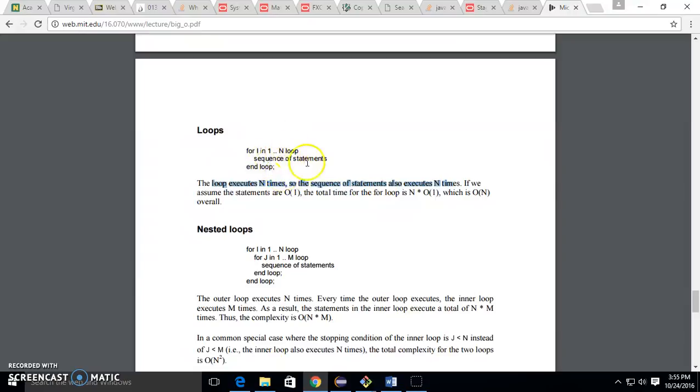We have to look at the statements. If it's a simple operation like an assignment, it's going to be big O of 1. The total time for the for loop is n times big O of 1, which is going to give you big O of n